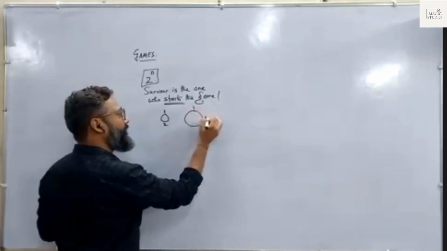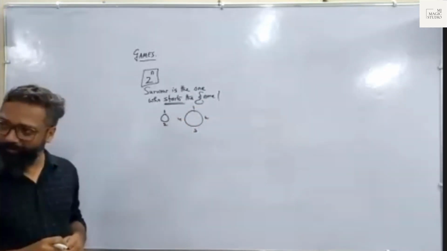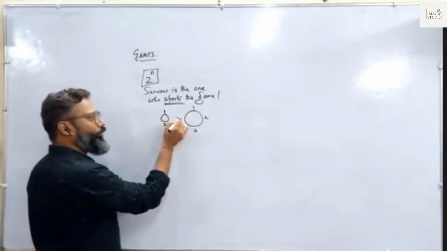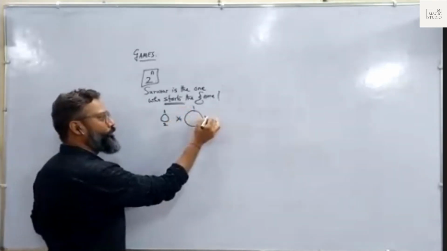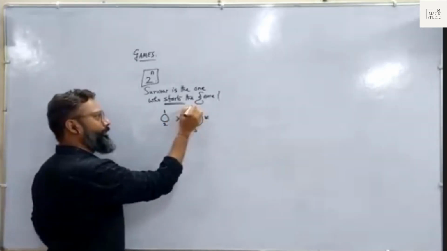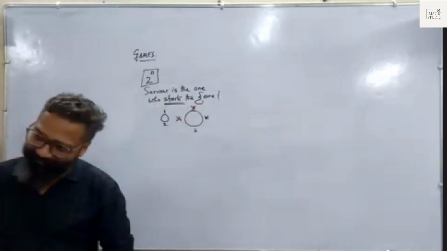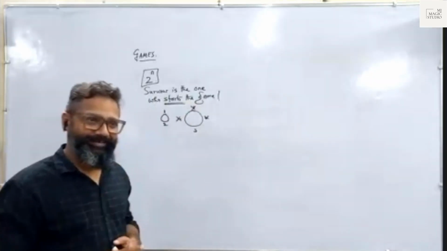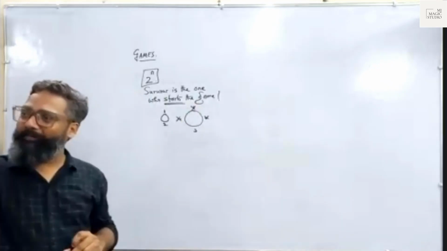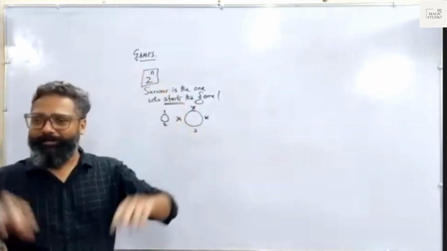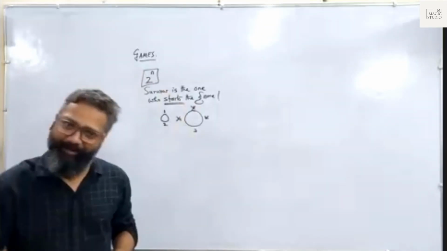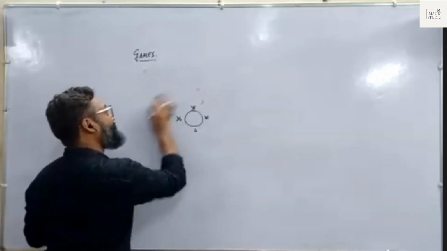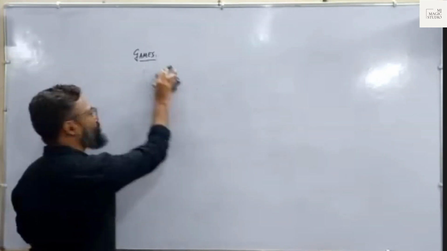Let's do this with four people. 2 squared is 4. Let's suppose 3 is starting the game. 3 will kill 4, give it to 1. 1 will kill 2, give it to 3. Clear? 3 will kill 1. Who is the survivor? 3. Who started the game? 3. Who is the survivor? 3. So that is the rule. If there are 2 to the power n people in the circle, the survivor is the one who will start the game. Now let's come back to our game. How many people were there in our game? 100. 100 is not 2 to the power n.